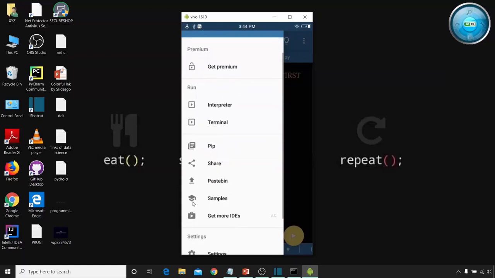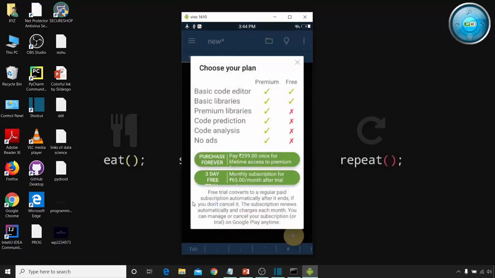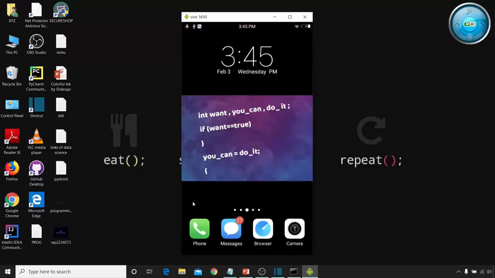Okay, and also there are some features like the get premium feature. To install some libraries, they say that you need to buy the premium version. But I feel personally that if you are running some basic programs like NumPy programs, Pandas programs, and Matplotlib programs, and you're not running hardcore Python programs, just for basic coding you can use this application, because apart from the premium ones you also have many other libraries. You can use those libraries also. So this is all for this application, and you just install this application on your Android phone and run your Python programs.